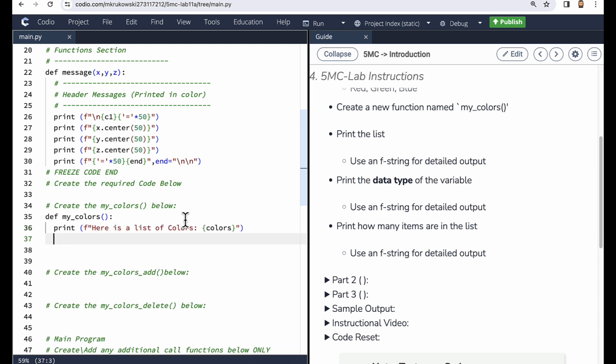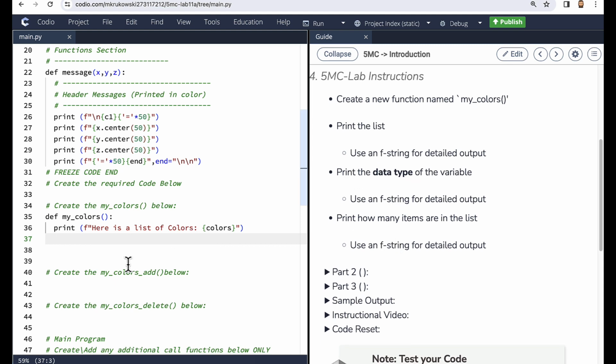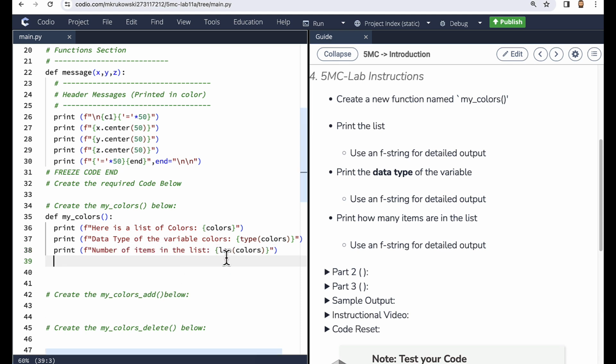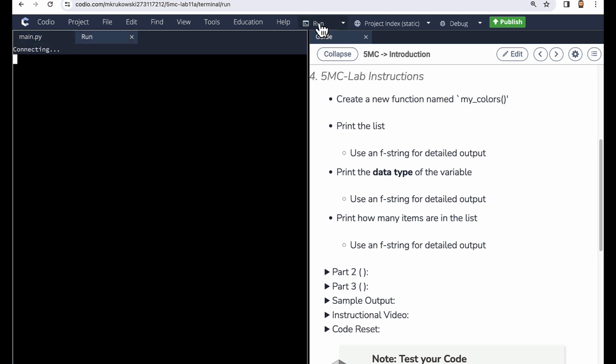We want to then print the list utilizing an F string, and that would look something like this: print, and then we have the list of colors. Next thing we want to do is print the data type. So we're identifying data type with this particular string. And then our last one is we're going to print how many items are in the list by utilizing the len function of it. And then when we run the code,